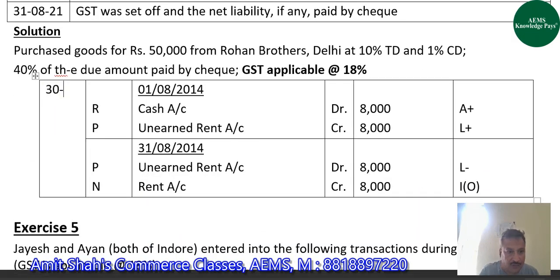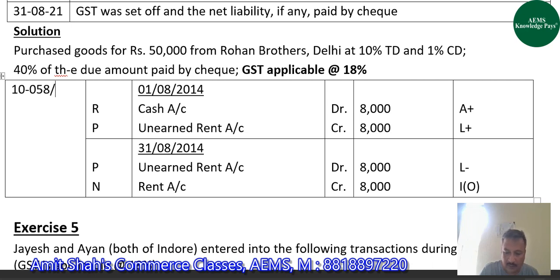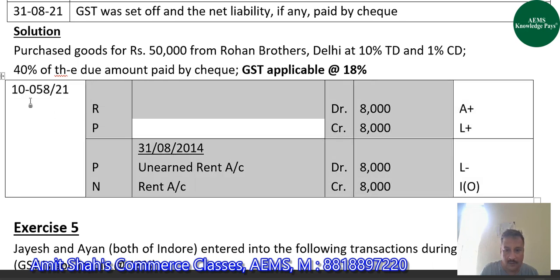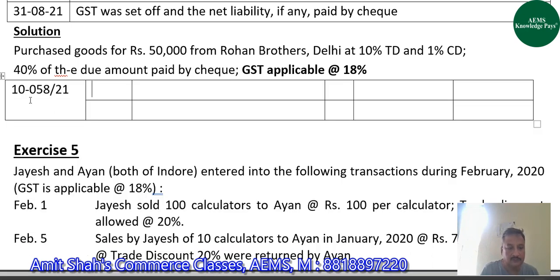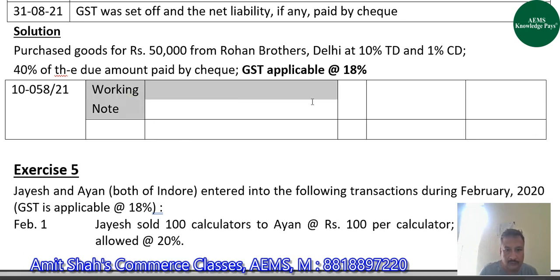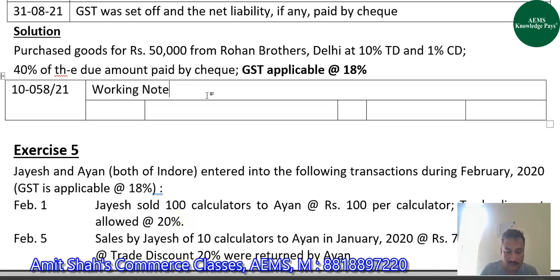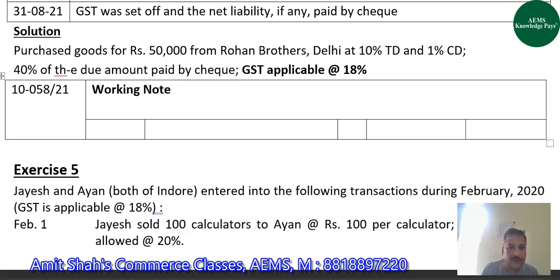So on 10th August 2021, first we have to make a working note for this. Purchases is of 50,000